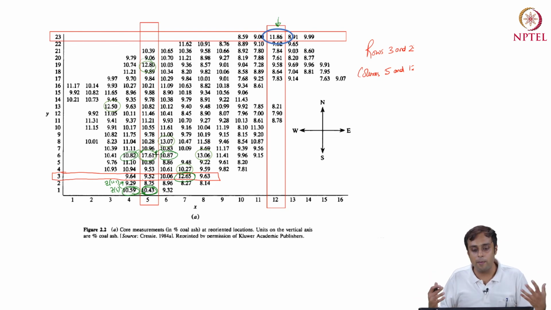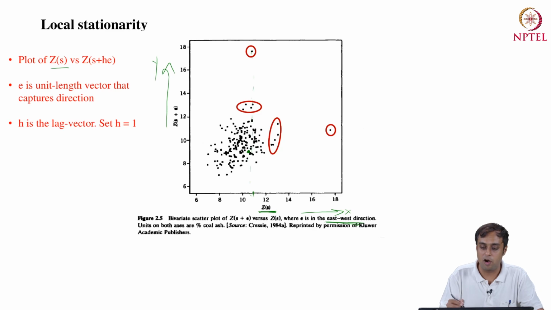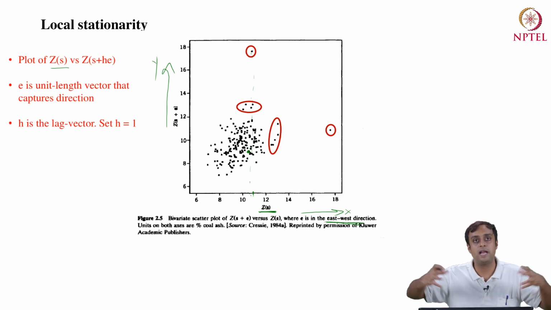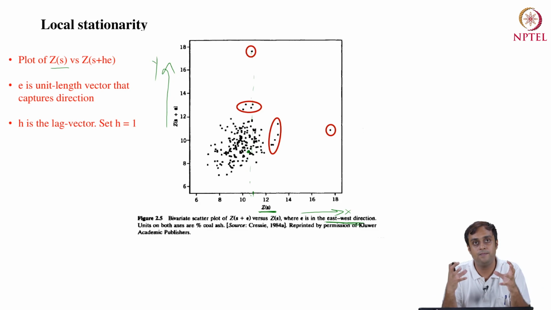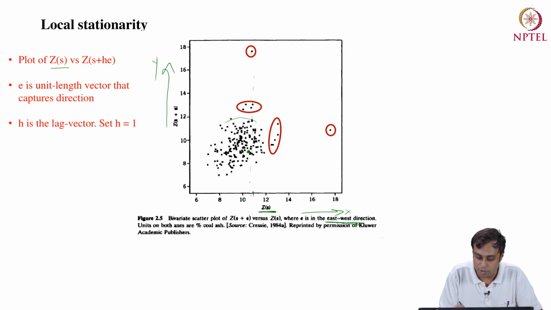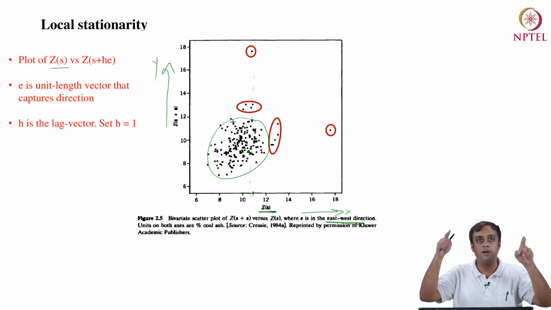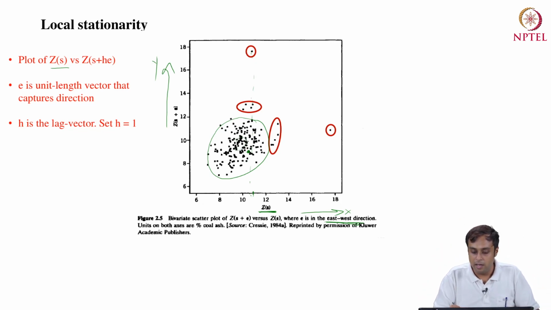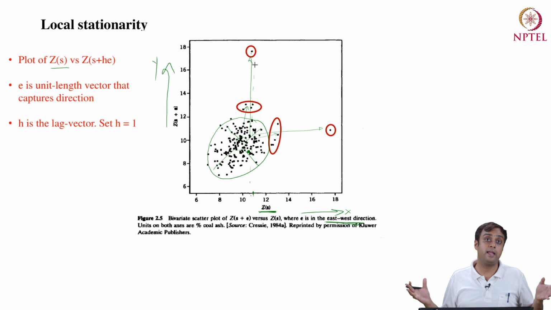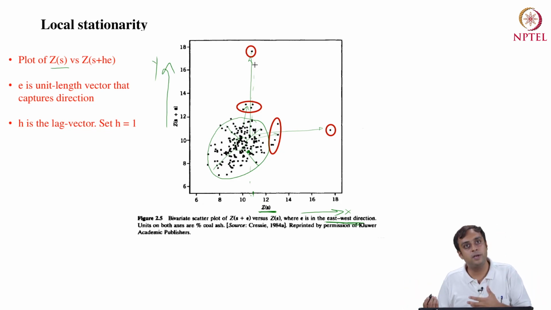So that signals trouble. So in this bivariate scatter plot, whenever I see values that are outstanding, which are going away from a cluster, a cluster that sort of represents a Gaussian behavior, like a bell curve, there is high density in the middle, and then towards the peripheries, the density will die out. But if you see values which are much farther away from a perceived periphery, then you should mark them for outliers, right? We can do this in the east-west direction.